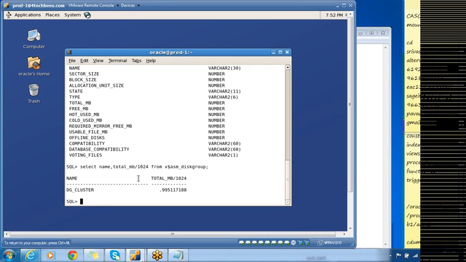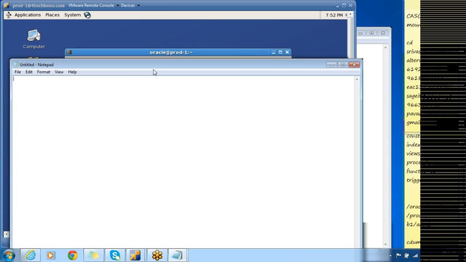Let us go ahead and create the additional disk groups which are required for us in order to store the database files. I have 5 disks, 4 of 2 GB and 1 of 1 GB. With the 1 GB disk, I'll be creating a disk group with the name DG_REDO, and I'll be using it for redo log files and control files.